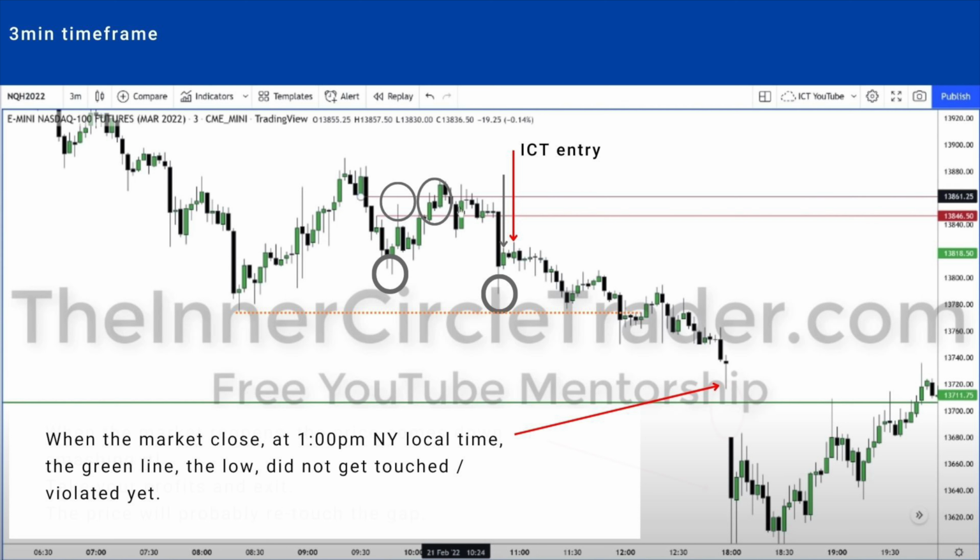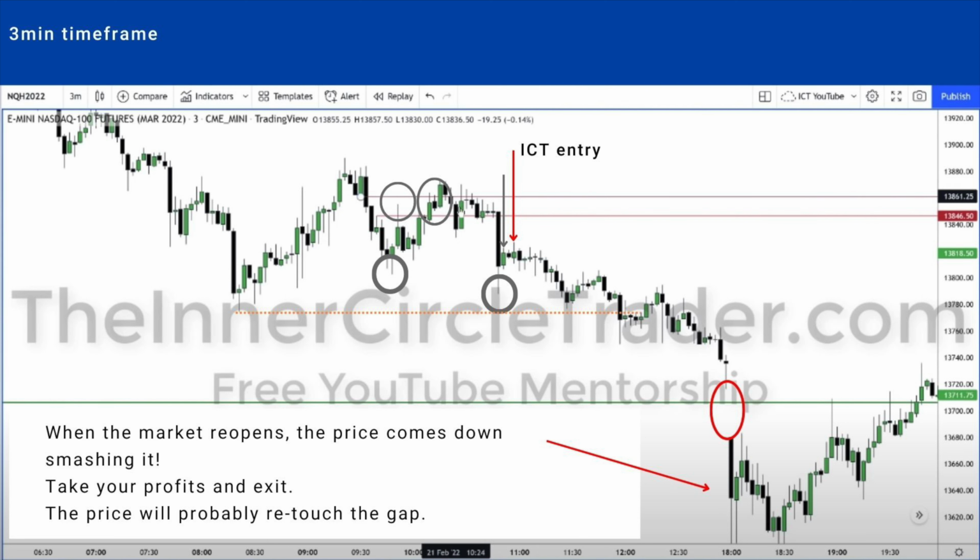Indeed, when the market reopens, the price comes down and it really smashes it, and there is even a gap. ICT tells us as soon as that happens to take our profits, exit the trade, because it's very likely that the price will come back up, retouch and close that gap. And this was a beautiful example of ICT trading, ICT entries, market structure, swing highs, swing lows, and how everything